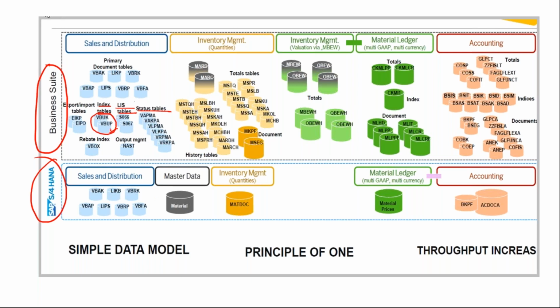These two tables have now been eliminated, and you have export import tables. People also used the rebate index table VBOX, where all the rebate entries used to get accumulated. That has also been eliminated. When I say elimination, it is all about the tables that have been converted as views in the system.